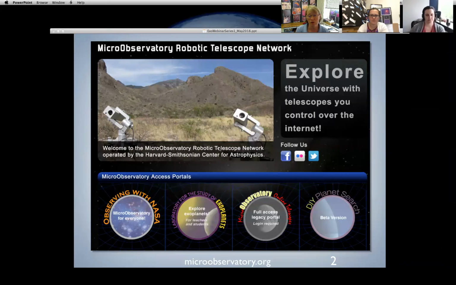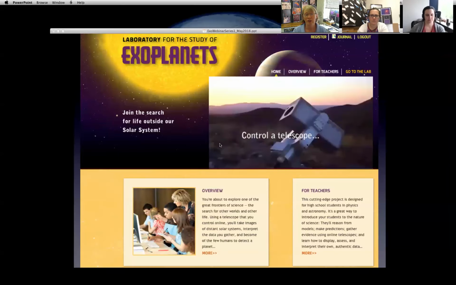And we have a number of portals for their use, but specifically for exploring exoplanets, we have 2 portals, one of which is called the Laboratory for the Study of Exoplanets. We call it ExoLab for short, and it's optimized for teachers and classrooms, primarily aimed at high school students, although we have quite a few undergraduate classrooms, Astronomy 101 classes using the ExoLab